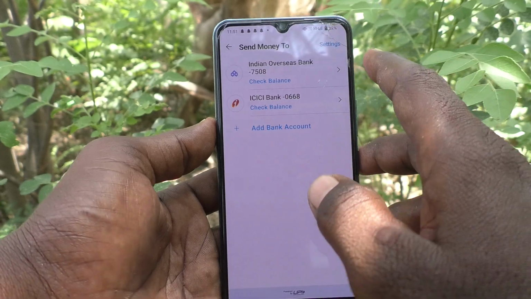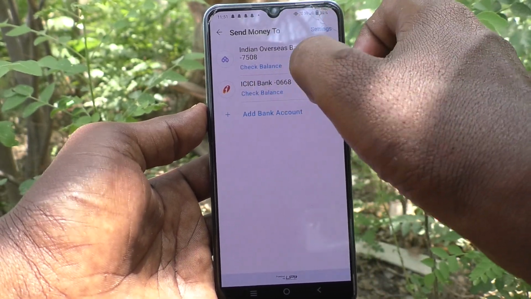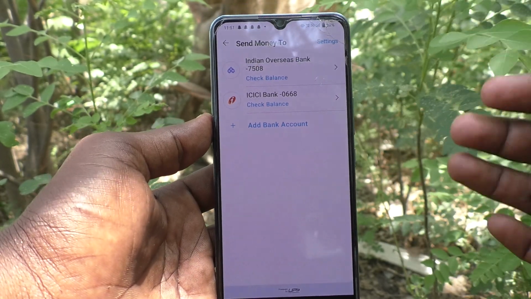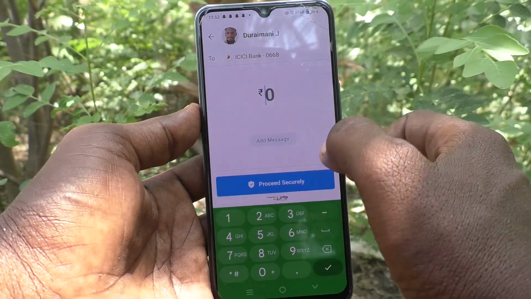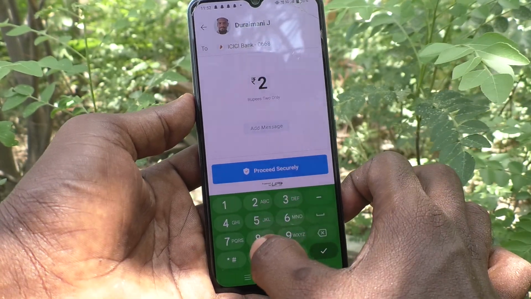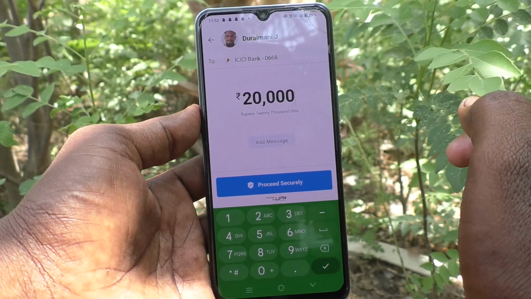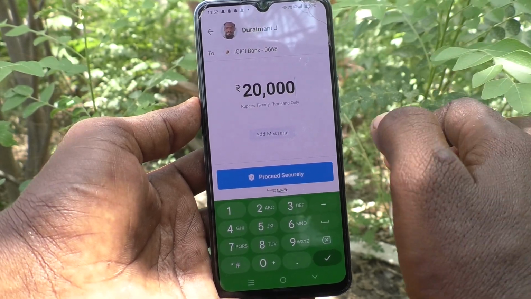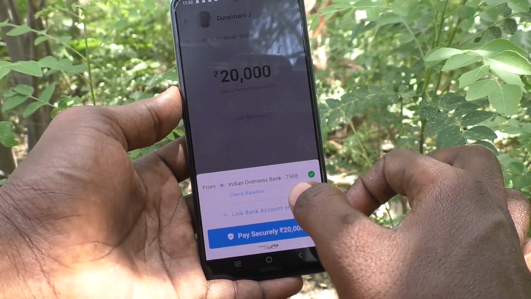Okay, so here I would like to transfer money from Indian Overseas Bank to ICICI Bank of my accounts. So click on ICICI Bank here and then type the amount that you would like to do as a self transfer. Here I would like to do a self transfer of 20,000. Okay, click on proceed securely and